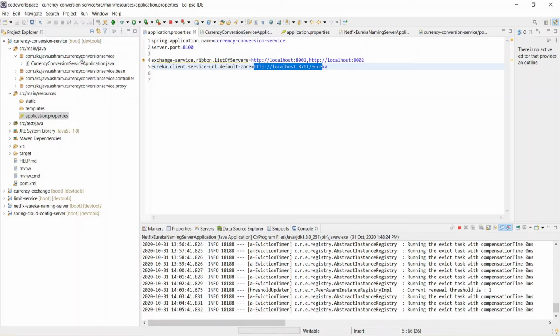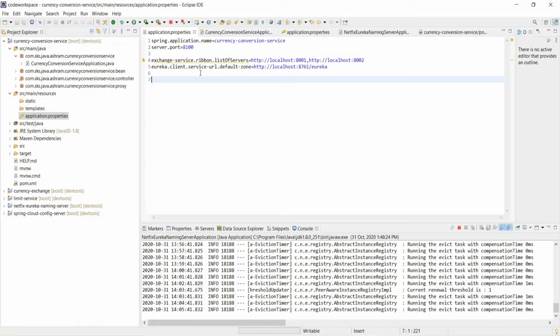So the conversion service will come to know where the Eureka server is, from where it needs to fetch the information and where it needs to do the registration for discovery. The property is eureka.client.service-url.default-zone. So that's all. Only three steps need to be done on the client microservices.